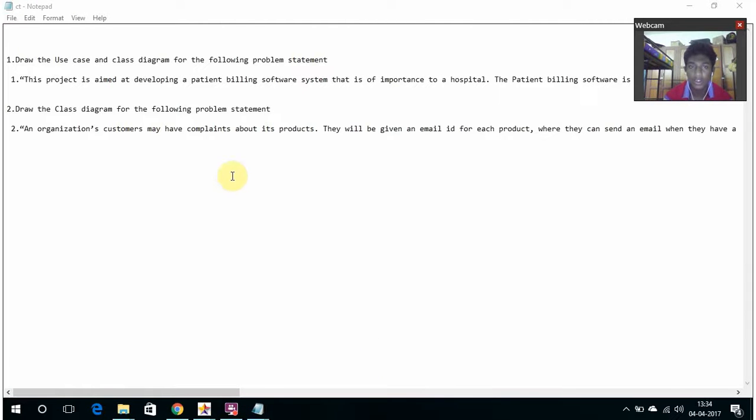I'm going to do the second experiment of the case tools lab. In this experiment, we are supposed to create a class diagram for two scenarios. The first scenario is a project aimed at developing patient billing software, a patient billing system in the hospital. The second scenario is the